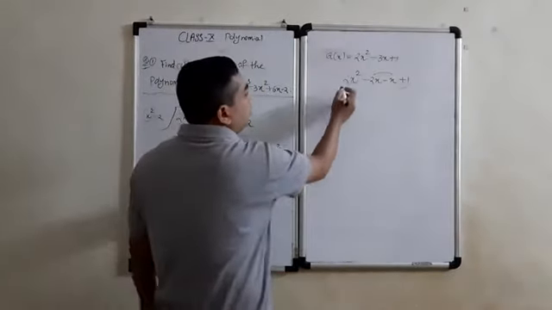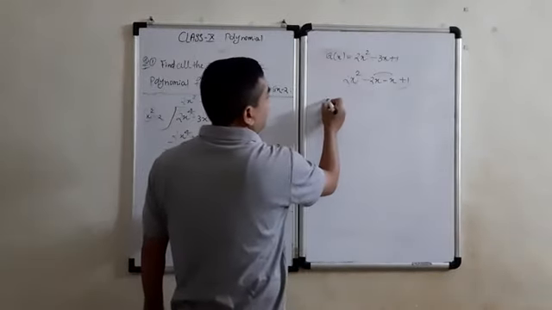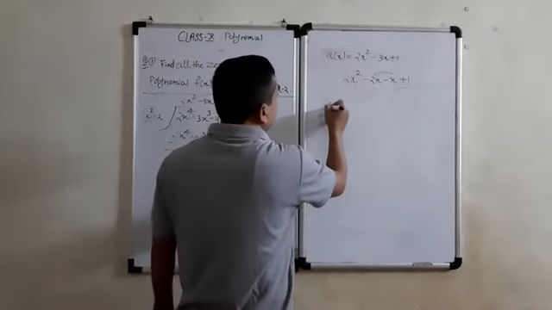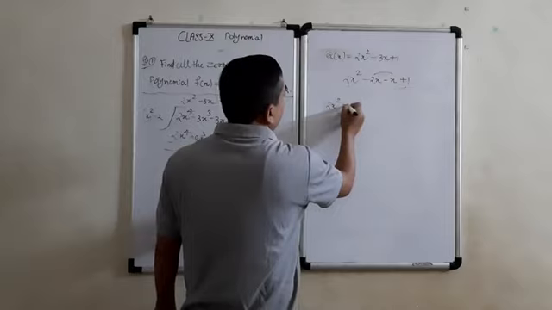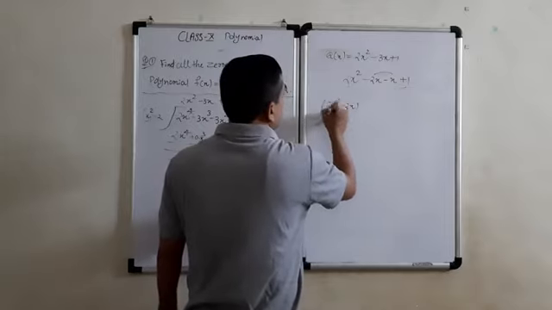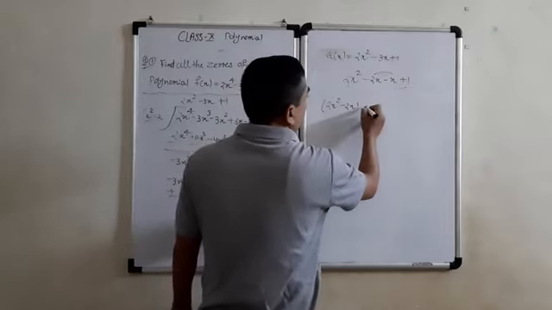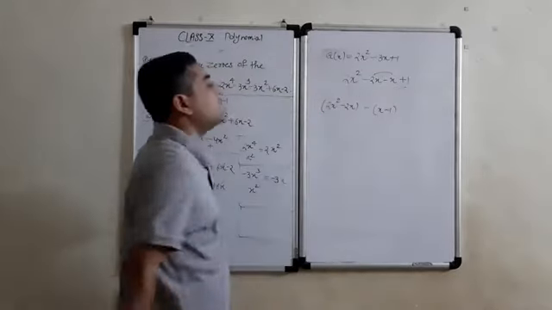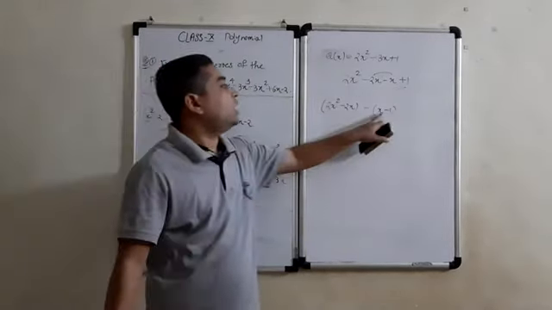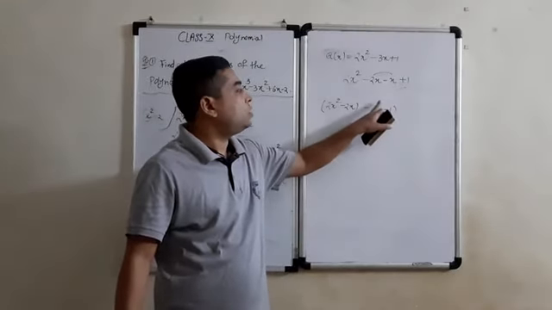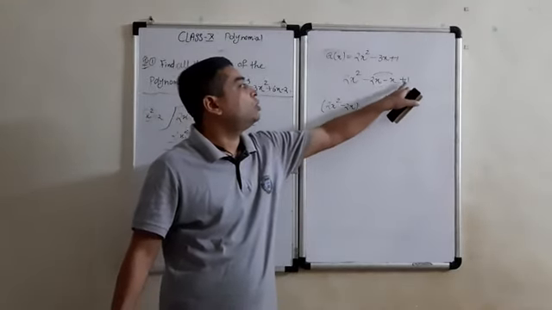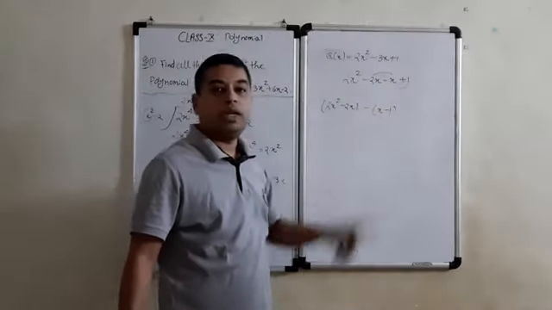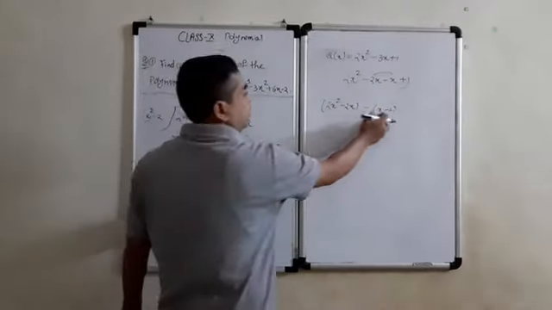Now what you will do, these first two terms you take in the first bracket, that is 2x square minus 2x, then the last two terms you take in another bracket. Whenever after minus we start the bracket, the sign will be changed. This x becomes positive inside and this 1 becomes negative inside, because after minus we are starting the bracket.